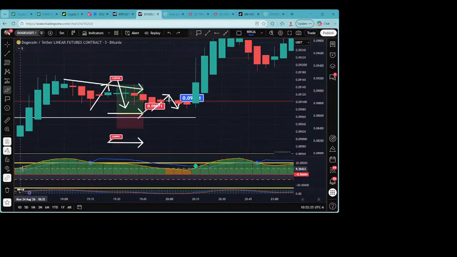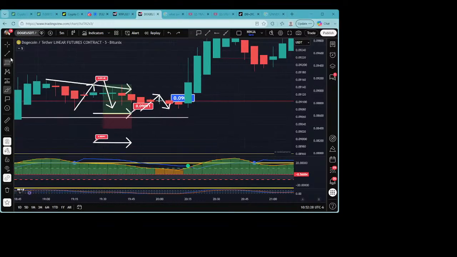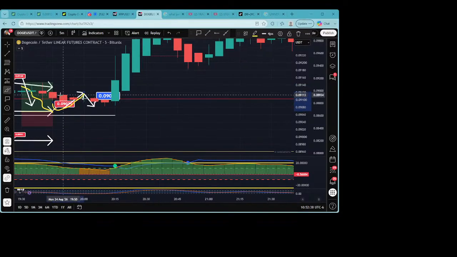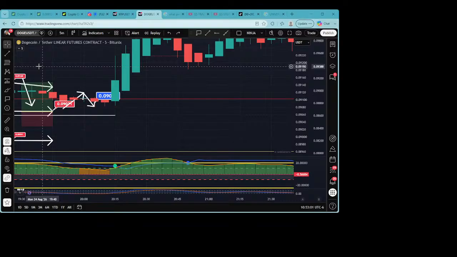Now, once I'm in that trade and it starts to make its move, which happens over here, I get my first move down, it bounces. When it bounces, that's the bounce up and starts to head back down, that's where I move my stop loss from a 10% loss to a 10% gain. And on this particular trade, I would have got stopped out on that next move because it's reversing on me. Now, what I want you guys to understand is when that happens, we are once again